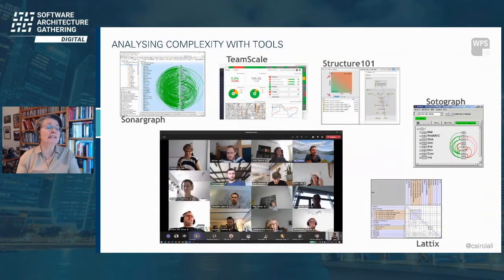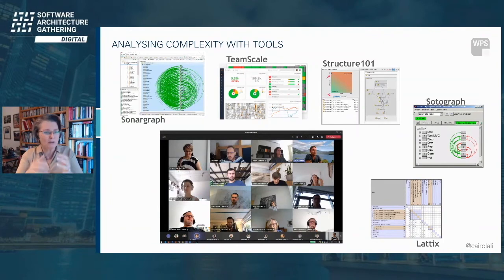For this, you need some tool to do the analysis. I do this a lot with our colleagues for our clients. You can use TeamScale, Structure 101, the SonarGraph, LaTeX. They are wonderful tools to help you with that, to see your architecture from a higher point of view. If you have tool questions, I can definitely answer them afterwards. All these tools cost money, of course, because open source tools are in general not that sophisticated to do this architecture work.